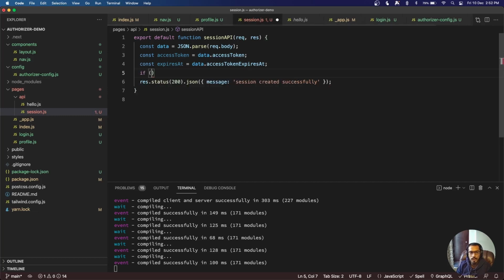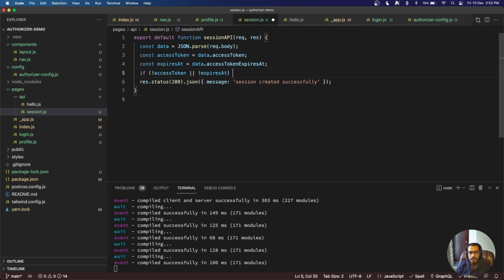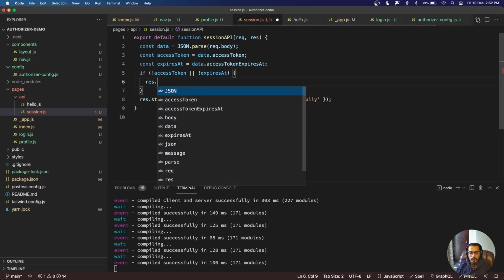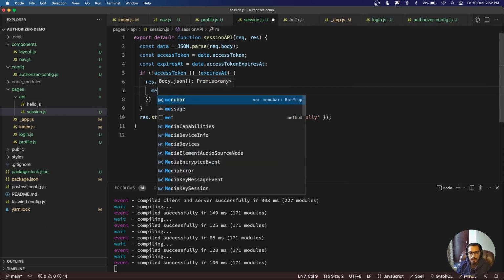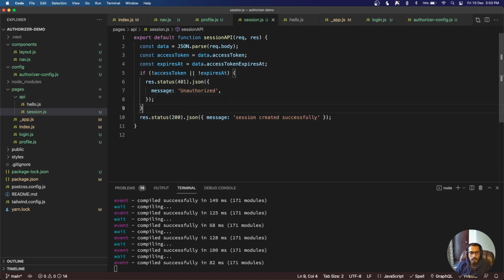Now, if this is not present, so if not access token or not expires at, we would like to send a response of 401, and we can just say that you are trying to access the route without this data, so you are an unauthorized user. Else